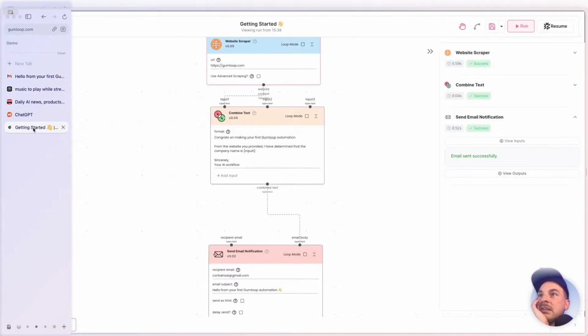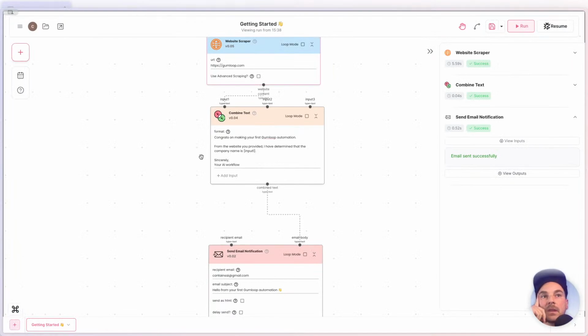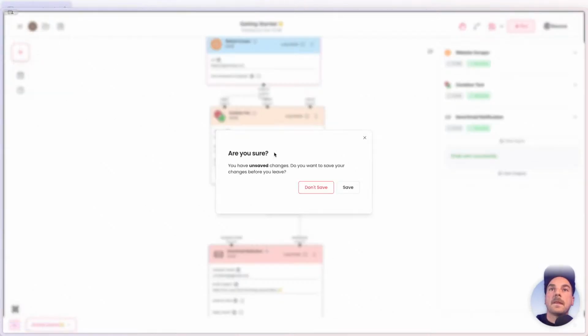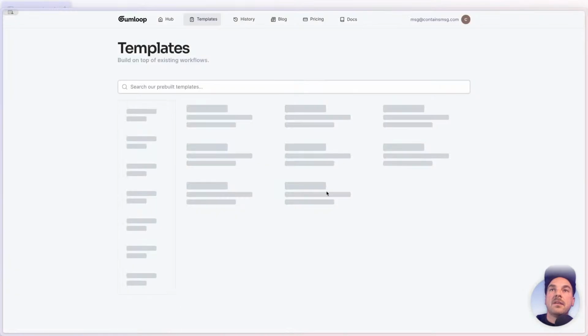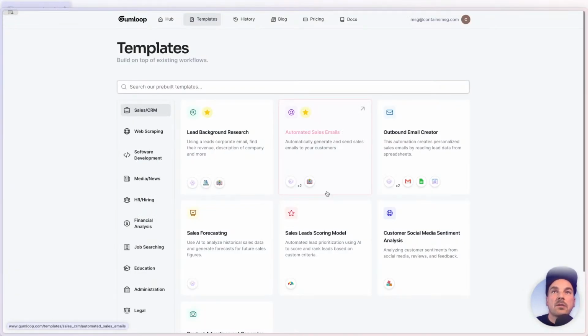So let's see. Going back. Let's see what other things we can do here. Yeah, I don't want to save it. Okay, so now going through the templates. Let's see what templates we want to do. Okay, templates. We have